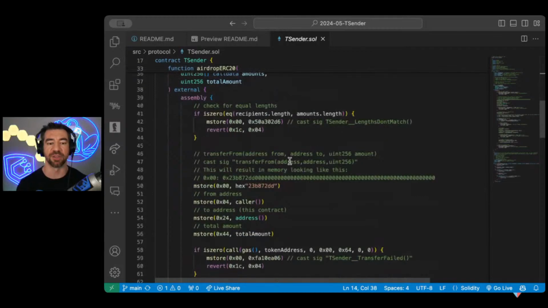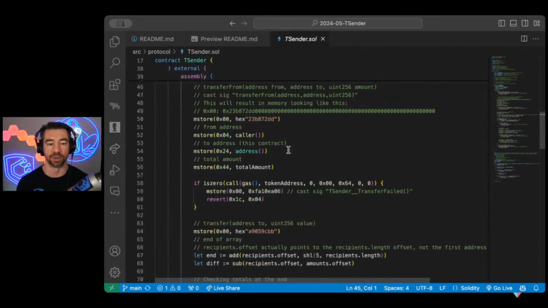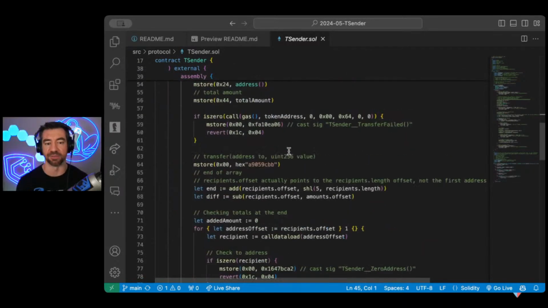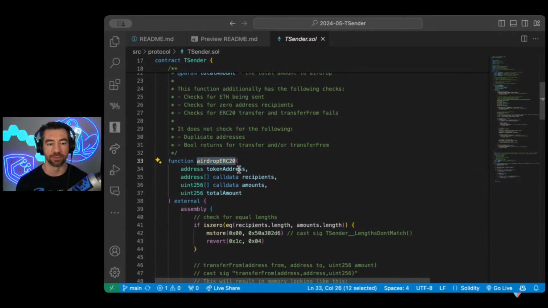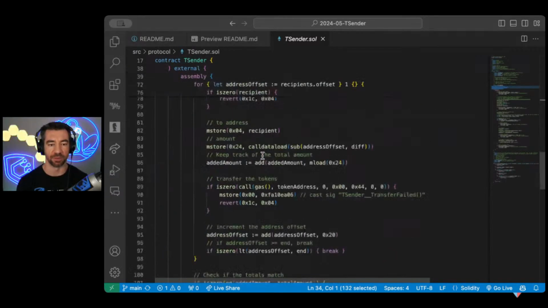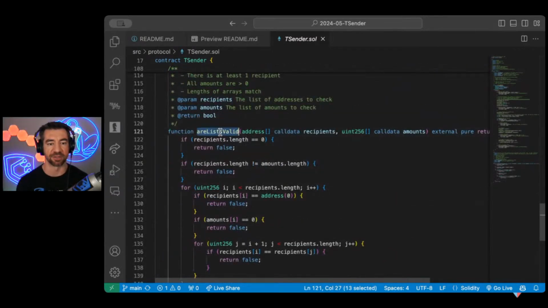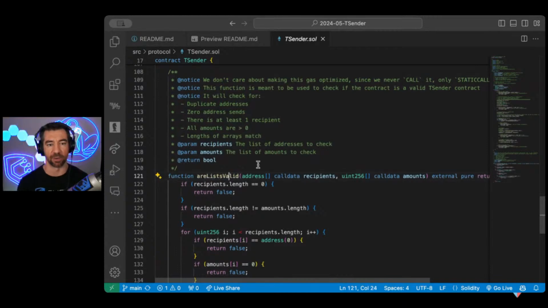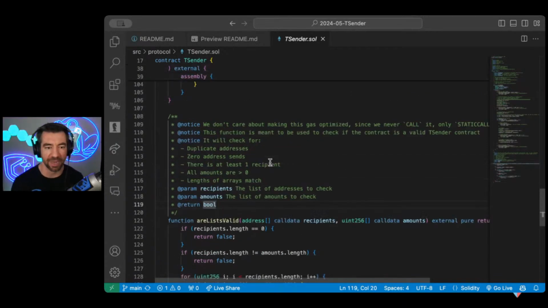They wrote this in assembly and they said, hey, we're going to make this more gas optimized. And so here's the code base. It's the exact same thing. Airdrop ERC20, the 4 parameters. And then if we scroll down, it has this exact same RList valid. Now, RList valid isn't more gas optimized. I didn't do some super clever for loop to validate the loops, because this is going to be